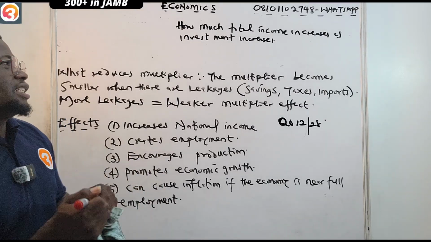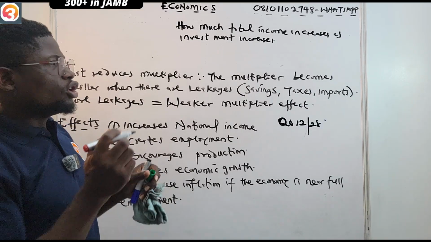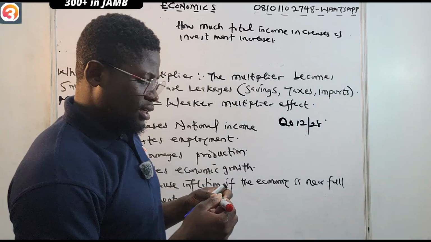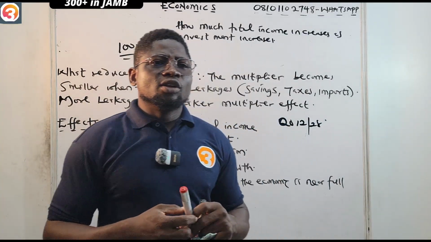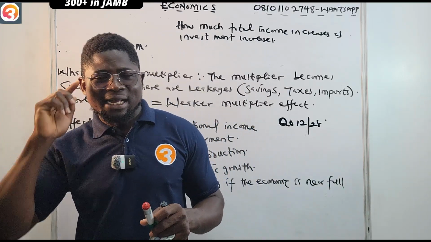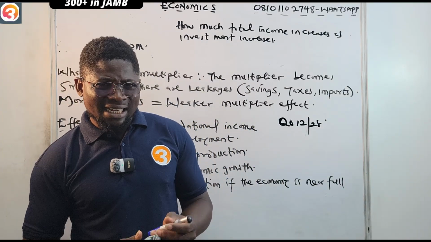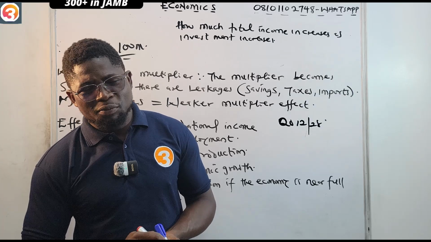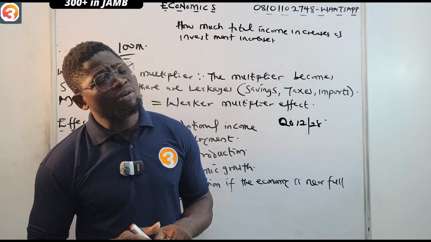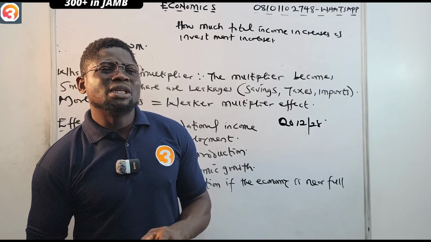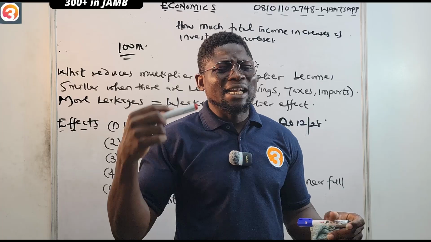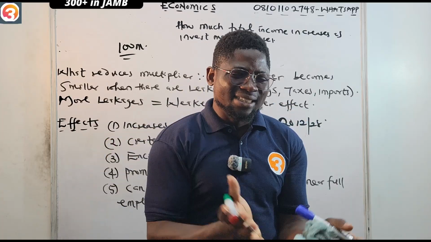Let me give you an example. Let's say the government wants to build a road. Government wants to spend 100 million naira to build a road in your community. Will the government come down and do that road by themselves? No. They will employ workers, isn't it? Yes, there will be workers there. Those workers, will they not be paid? They'll be paid. So if they are paid, will they save everything? They will not save everything, definitely. So they will spend. So you see that more injections are going into the economy, so national income is increasing.